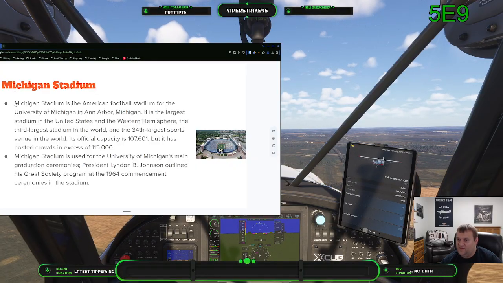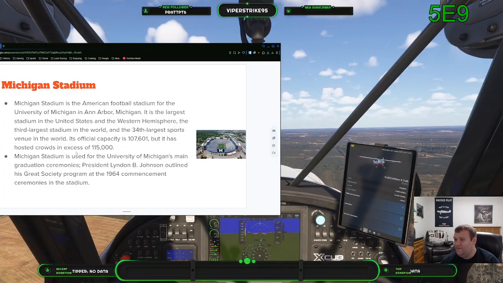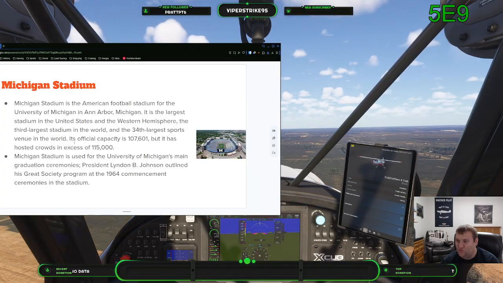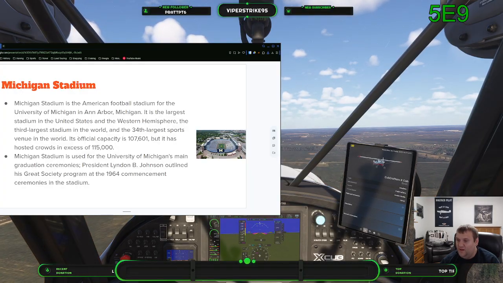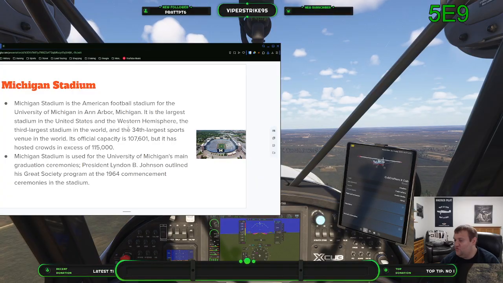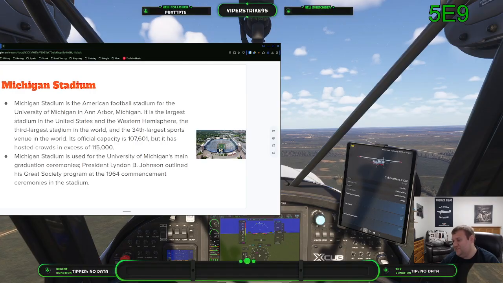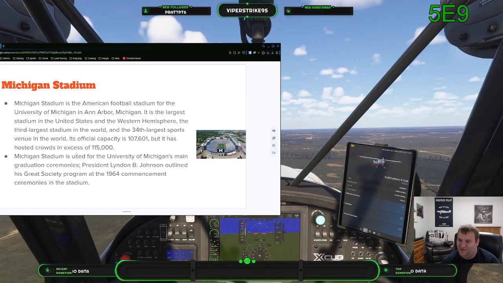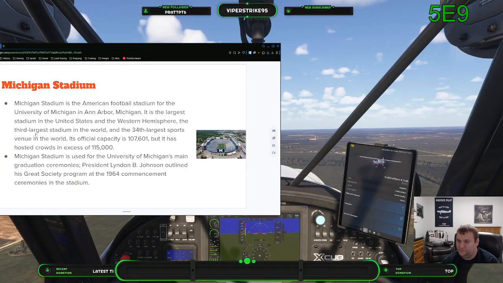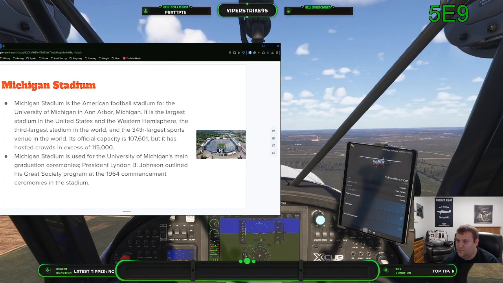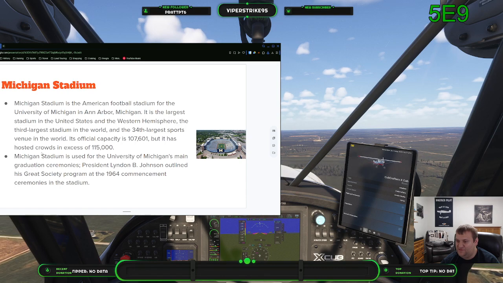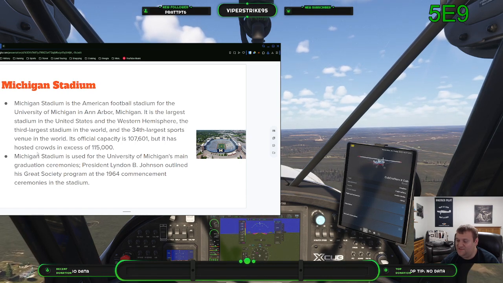But yeah, the most people that ever attended a Michigan home game is back in 2013, between Michigan and Notre Dame, with a record attendance of 115,000 people attending that game. 115,000. Which is absolutely insane. It's nuts.